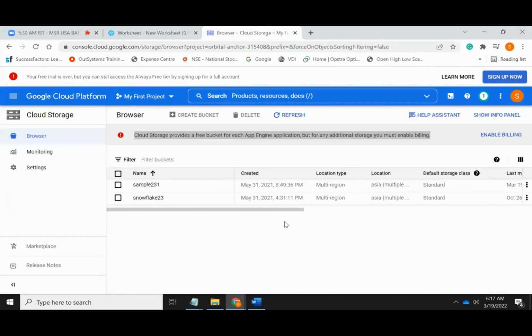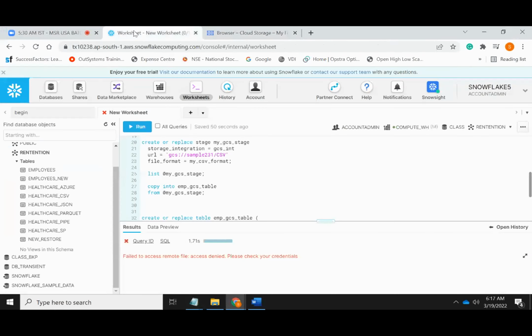So what can we follow? When we are implementing with GCP, when we are pulling, what is the main intention? We are loading the data from these external stages to our Snowflake. So the main intention is that we are loading the files. Okay, so this is how we are able to work with